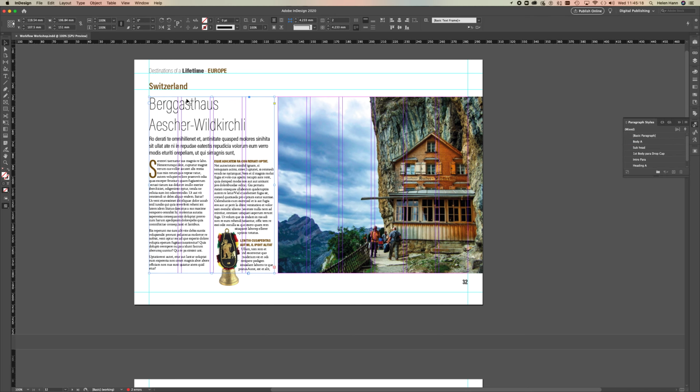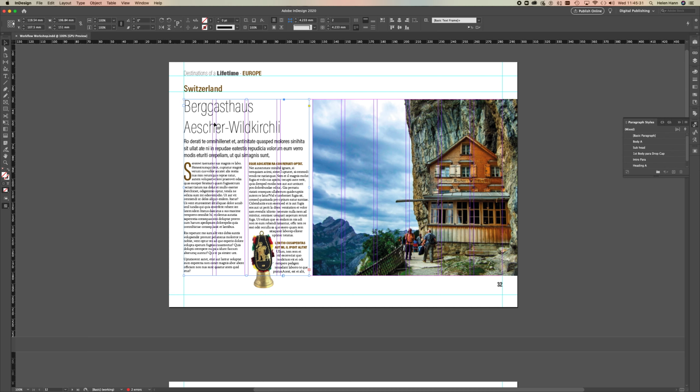And if you have a look at this, you can see all this text here is in a single text box. The difficulty people have with this is they don't know how to get pieces of text to ignore the columns within a frame. Now you can see this. I'm just going to switch my guides off again, and you can see that I've got two columns of text inside this frame, but this heading and this little first para here are ignoring those